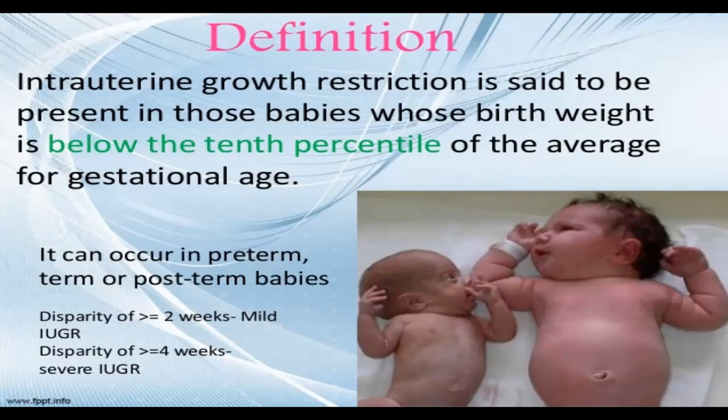If the pregnancy is 28 weeks, the parameters should match those of a 28-week pregnancy. If the fetus shows growth of about 27 or 26 weeks, then it is called the mild variety. What is the other variety, severe? That is, if the patient has amenorrhea of about 28 weeks and the growth of the fetus is about 24 weeks, then this is called the severe variety of IUGR.